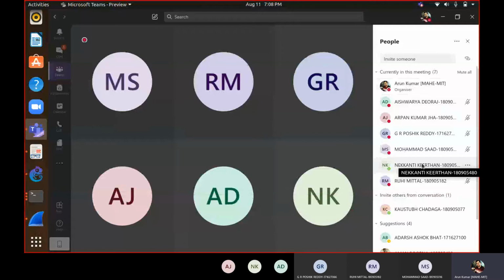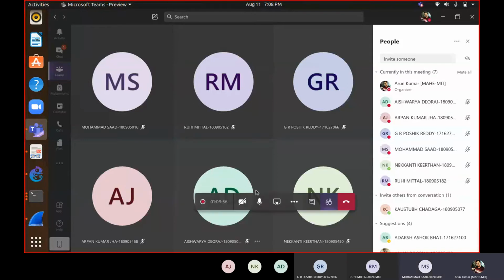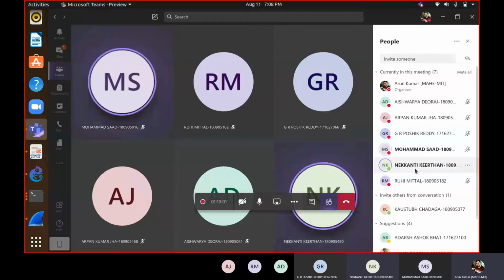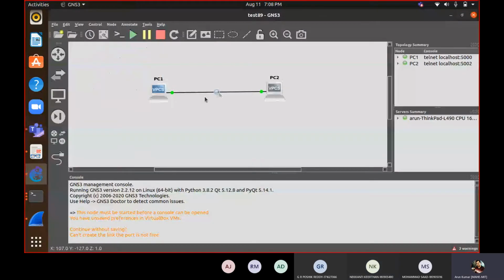Have you all been able to ping from one PC to another? Can we go ahead? Yes, sir. How to capture packets? To capture packets, here it says stop capture.